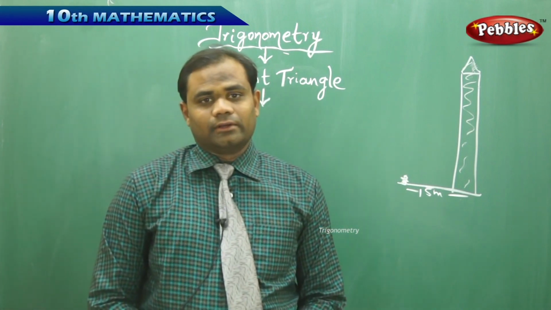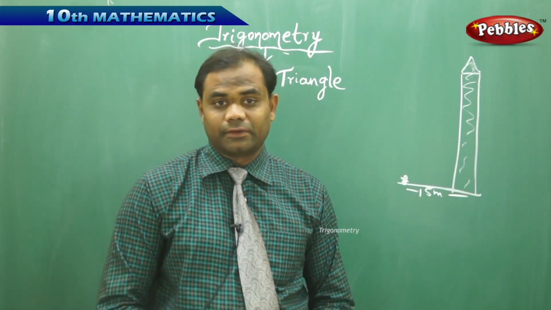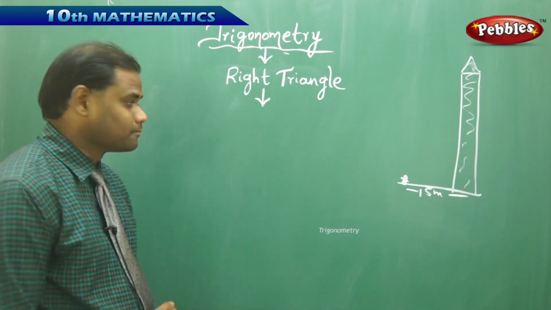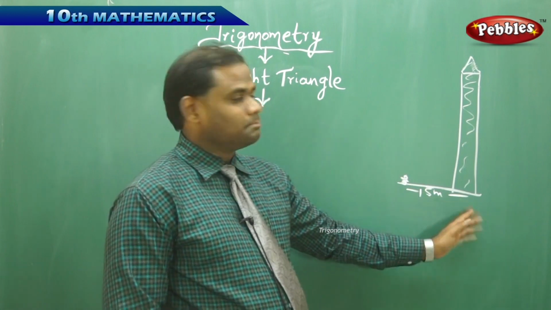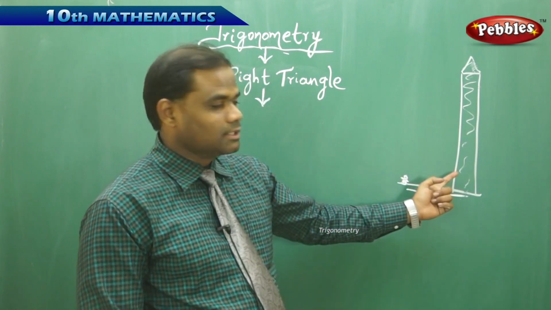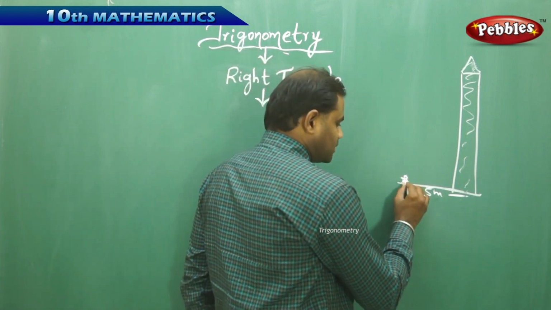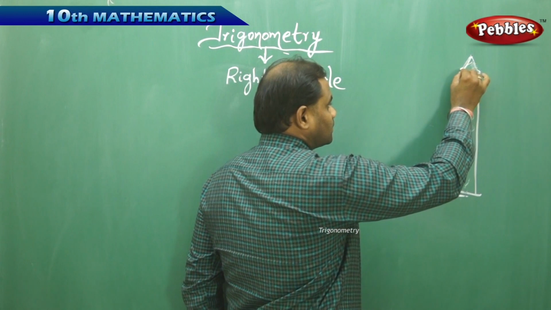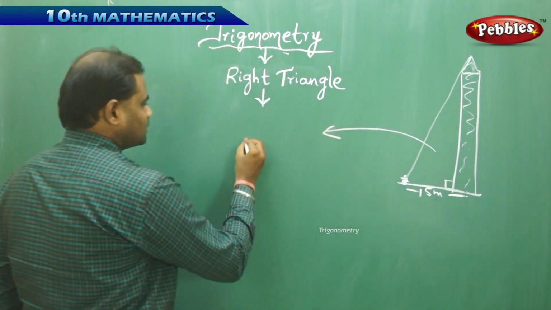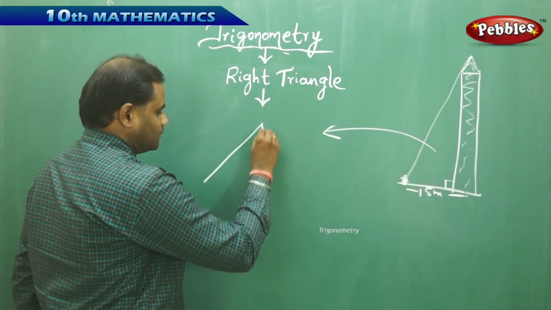Let's consider a right triangle and see how real life puzzles can be solved using trigonometry connected with the right triangle. So let's see how a right triangle is connected with trigonometry. To come up with this real life example, if this is the Qutub Minar, the height of which we need to find, imagine we can convert this real life puzzle into a right angle triangle or a right triangle. If the person standing here is watching the top of the minar, then this being perpendicular clearly makes me understand that this real life problem can be converted into a right angled triangle.